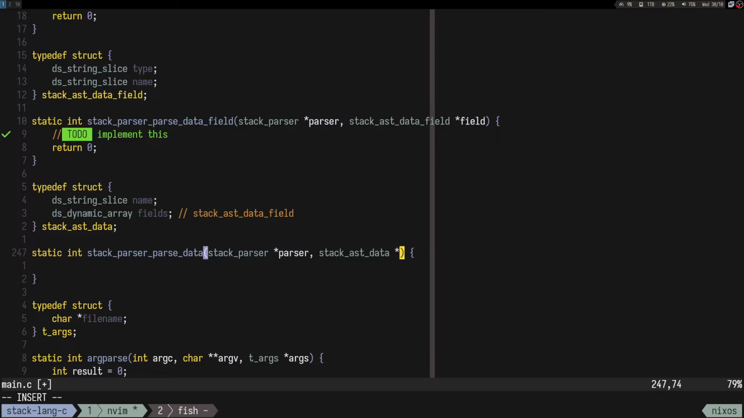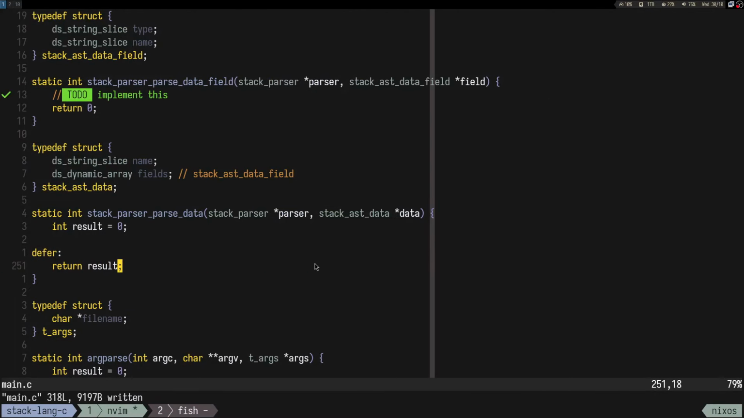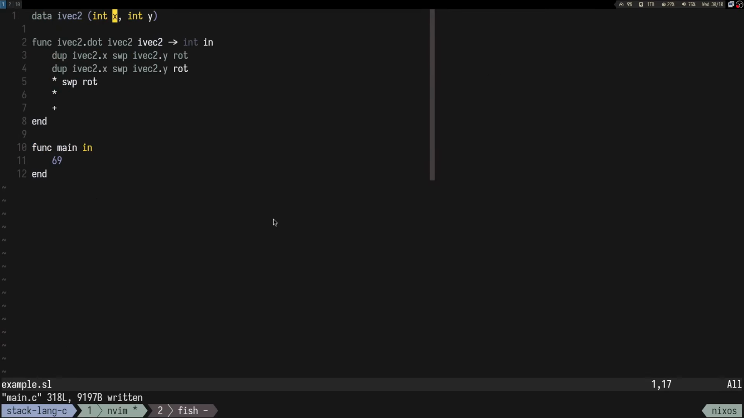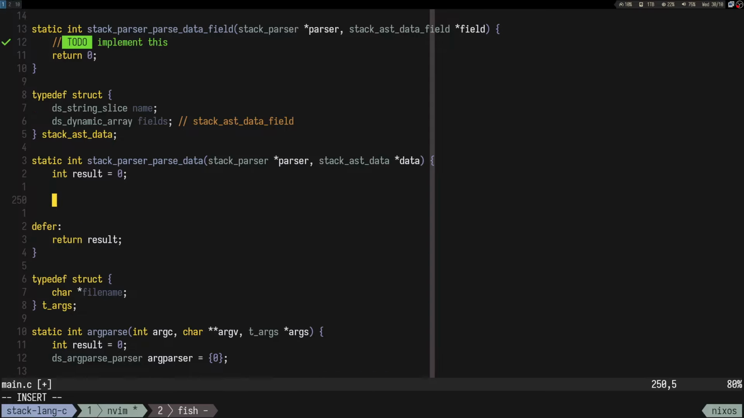Stack ast data. So it's a data. Let me just have int result is equal to 0, the result. So this guy is supposed to find some stuff when we look at the parser. So first of all, it's supposed to have a data token. So if I say if parser token is not equal to, or I guess token dot kind,